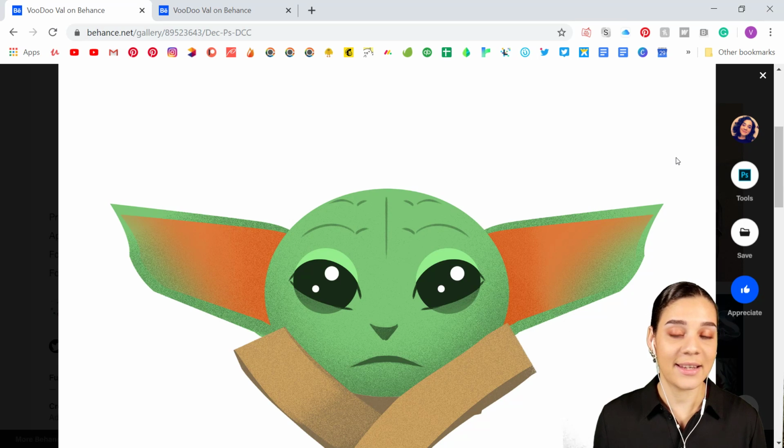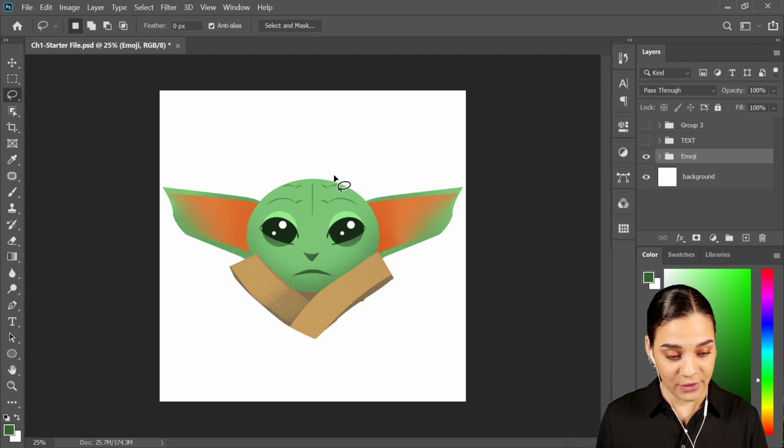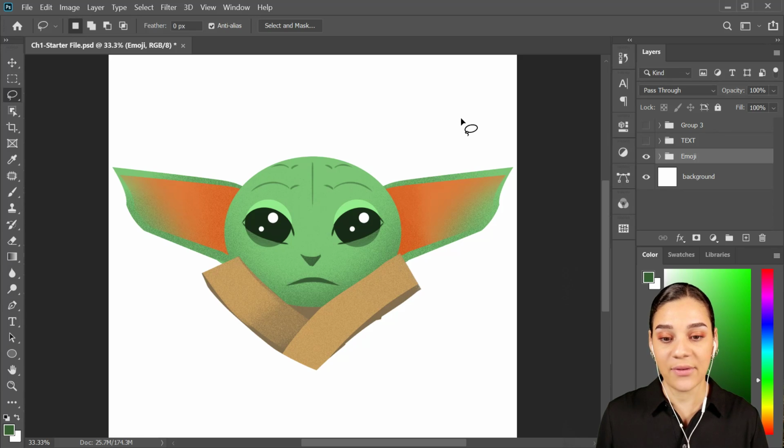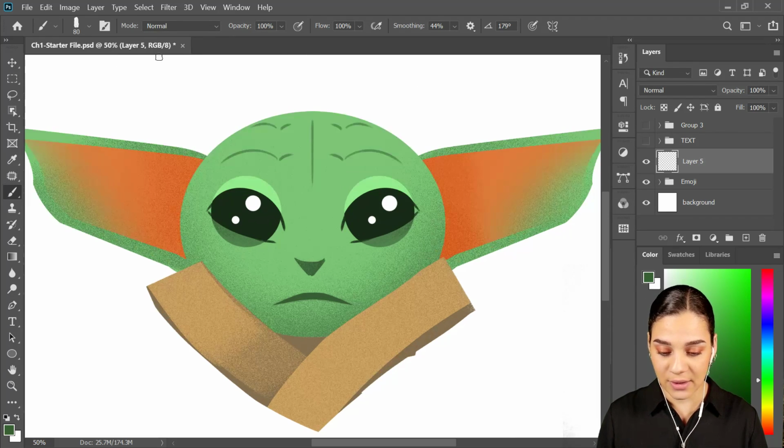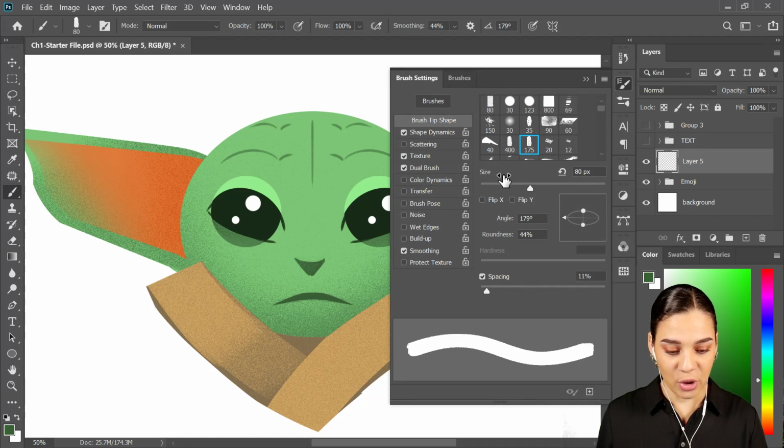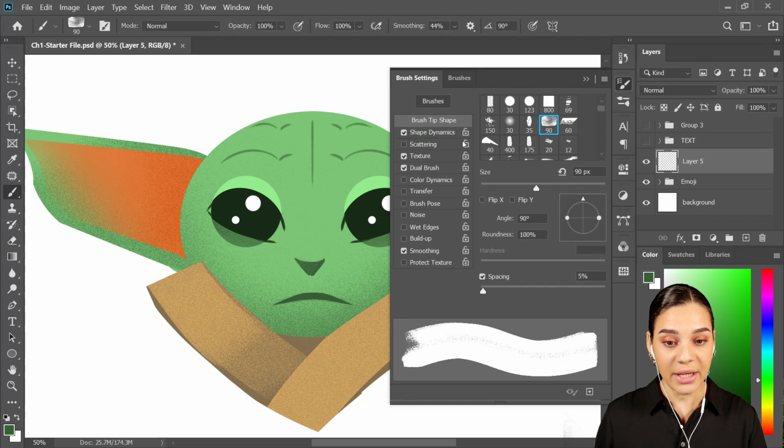So experiment, guys. See what you can come up with. Remember to turn on smoothing for your brushes if you don't have a stylus. Maybe I can show this off too before I leave, because I do have a couple minutes. If you are wanting to get even more in depth with what you can do with the brushes, you guys can also edit the brush options or brush settings. If you go into your individual brushes, you can press this little folder with a brush on it up here. You can select individual brushes from your brush panel here,